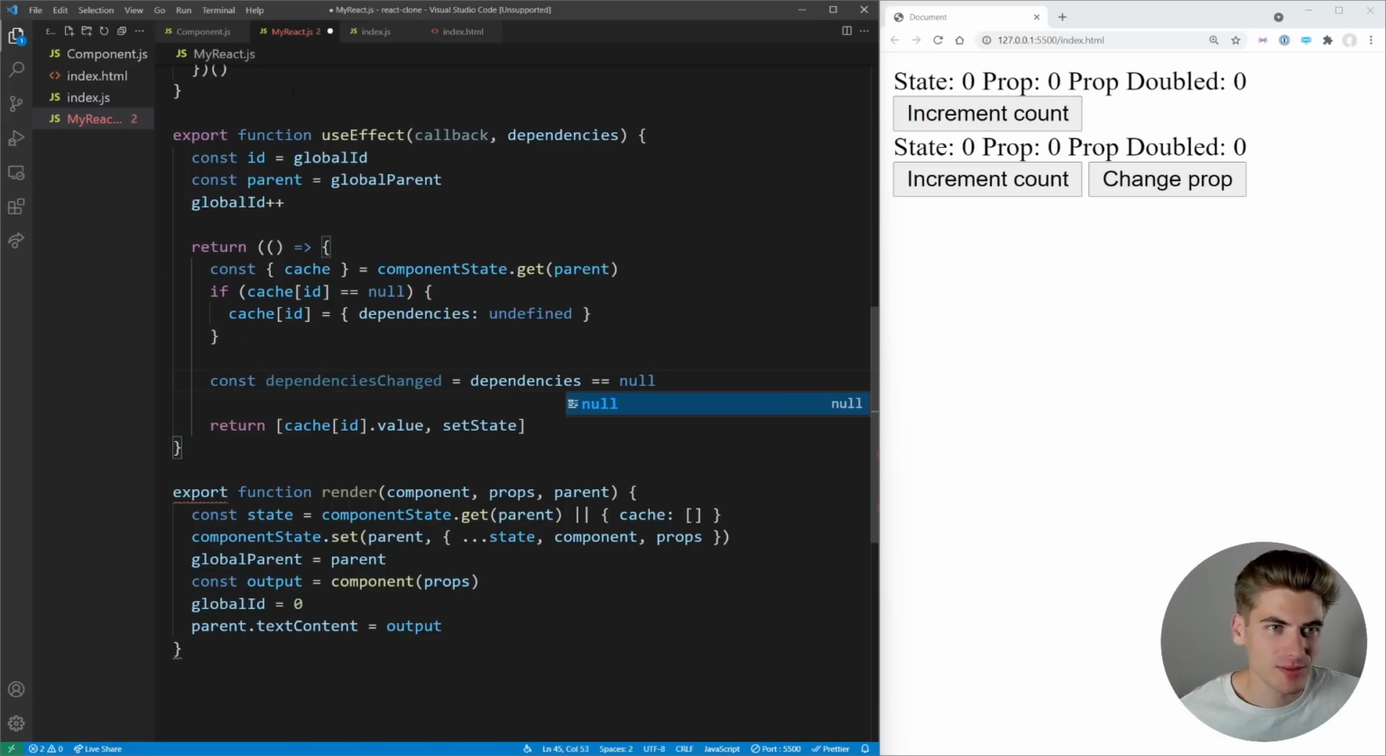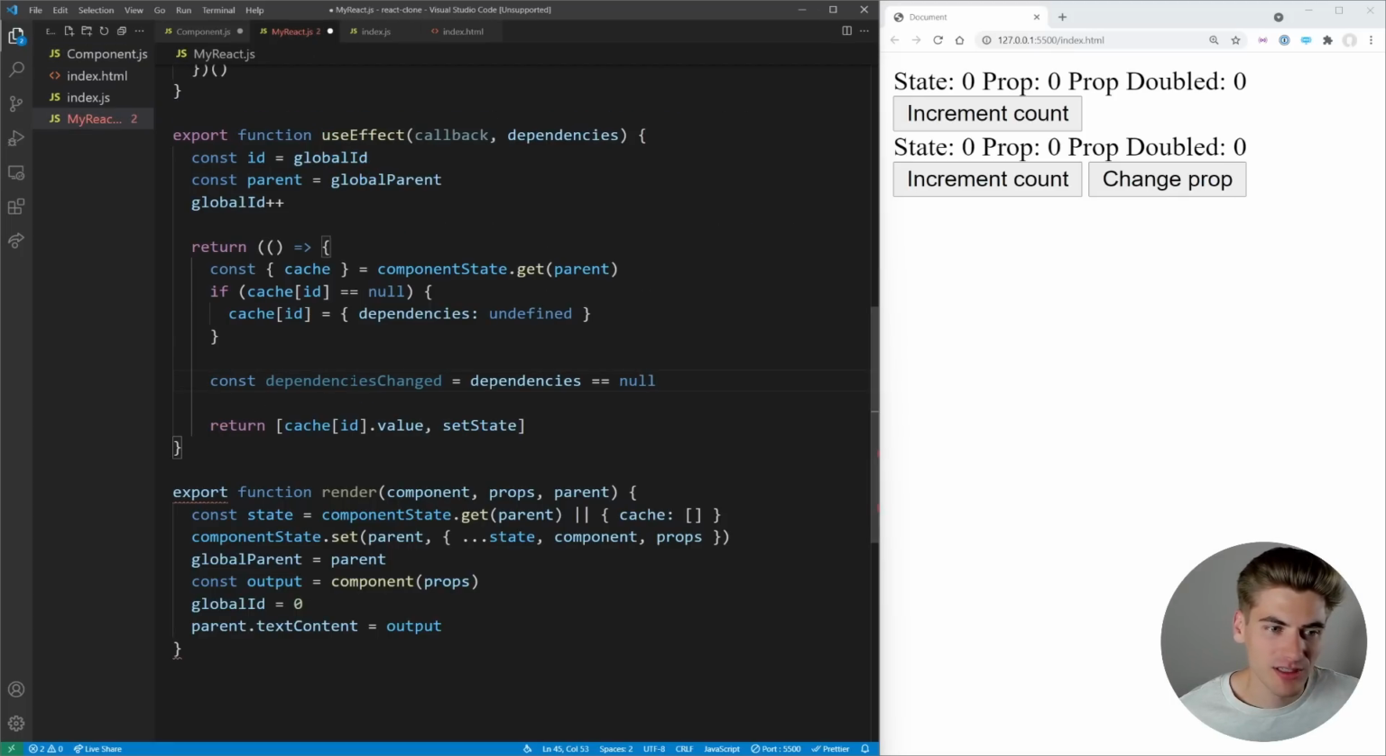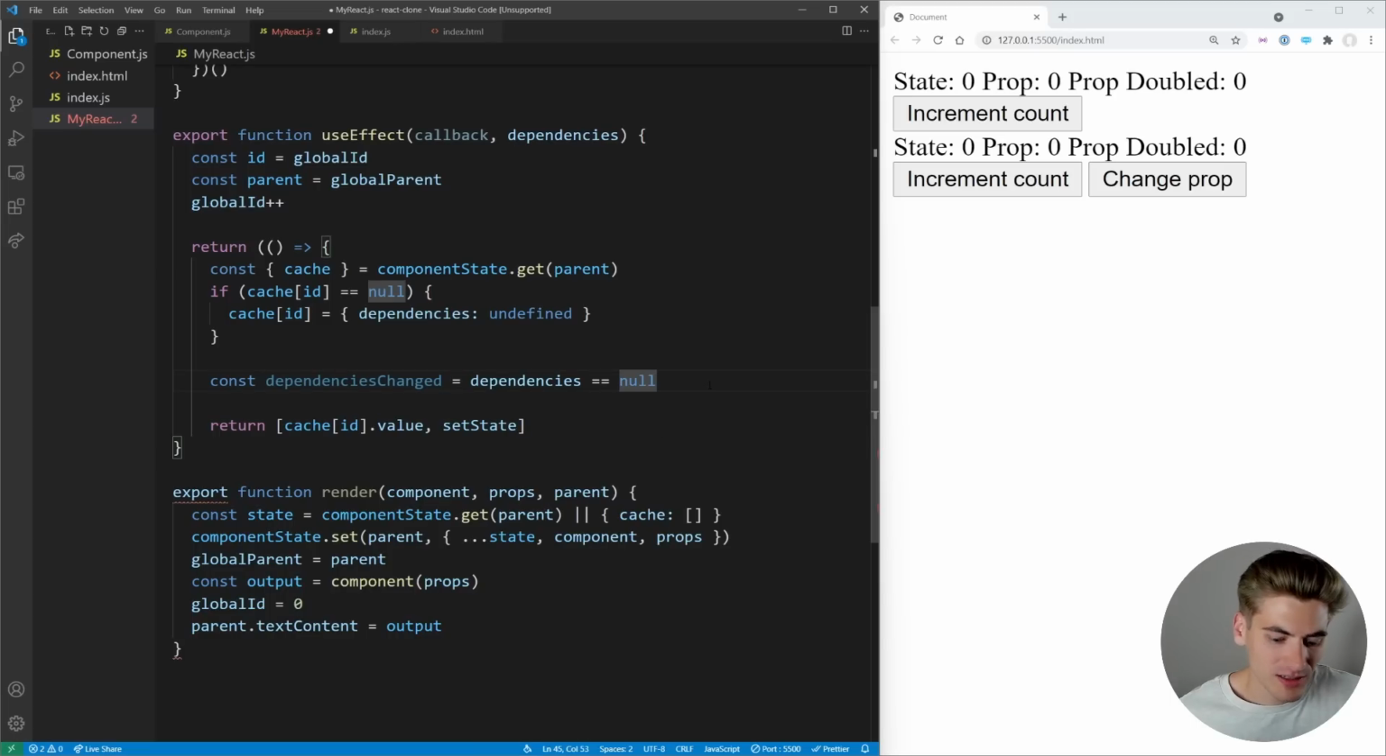The reason for this is because in React, when we go over to our component, we can actually pass nothing into our useEffect, and that means our useEffect should run every single time our component changes. So if we pass in nothing, then we essentially want to say our dependencies changed, because if they changed, we'll re-render and do our useEffect. Otherwise, we won't do anything. So if our dependencies is null, which means we don't have any dependencies, let's make sure we emulate this as if it changed. Otherwise, if it's not null,